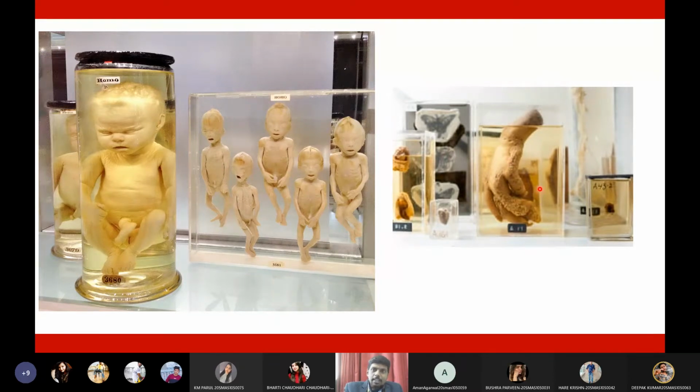So this is a contaminated tissue specimen. Here the hand has been almost destroyed. So that is why we need to add certain antiseptics, disinfectants, and pesticides in this fixative solution. Especially if we are going to preserve them for a long time, then we must add certain disinfectants in this